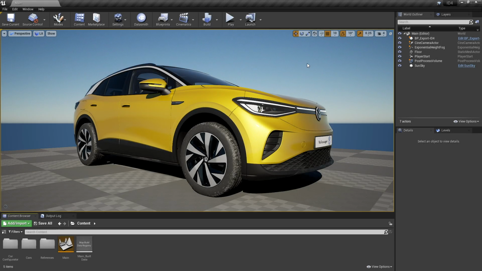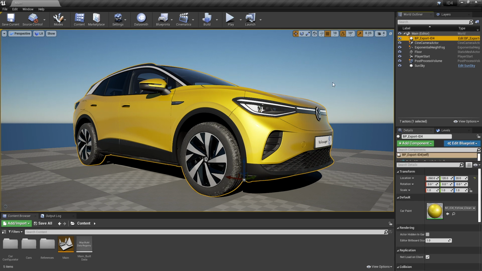All right, so here we are inside of the ID4 project that we got from VW, and what we want to do is get this vehicle added into the sample project. You'll notice that the ID4 is already added into a blueprint. So everything for the ID4 lives on this BP Export ID4 blueprint.